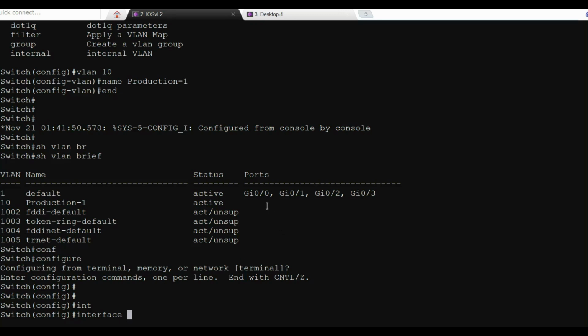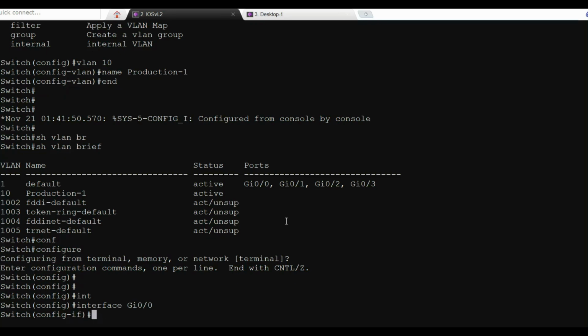And then followed by the number. Okay, this one. Sorry, I'm using copy and paste through this terminal to make it easier and faster. Okay. So interface enter. So here to assign it to the VLAN, this is the command syntax, and